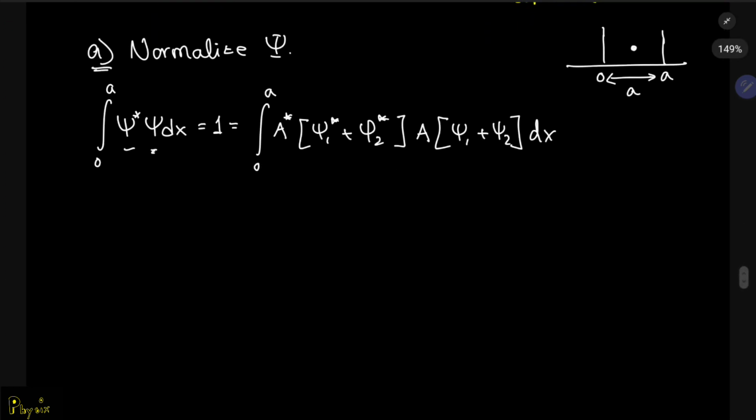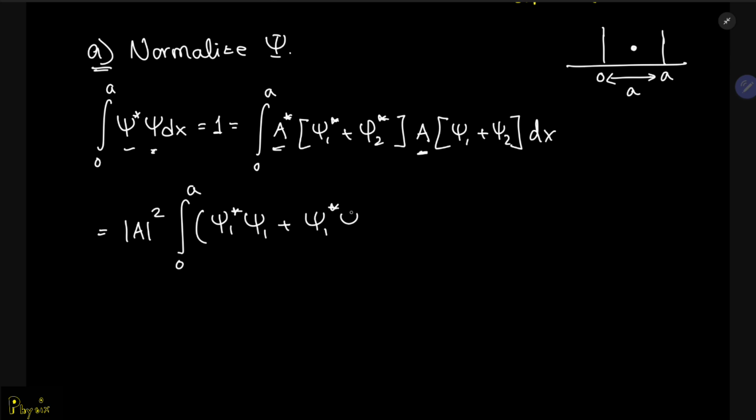All right, so if you do further algebra, you can bring out the a star and a outside, and you have a squared times the integral of psi 1 star psi 1 plus psi 1 star psi 2 plus psi 2 star psi 1 plus psi 2 star psi 2